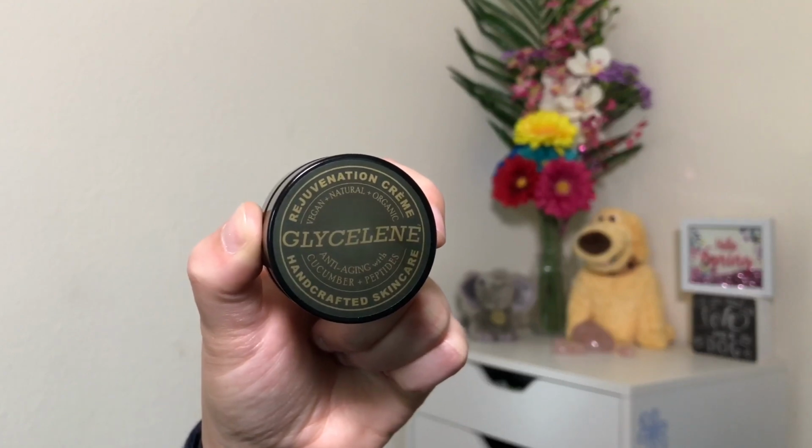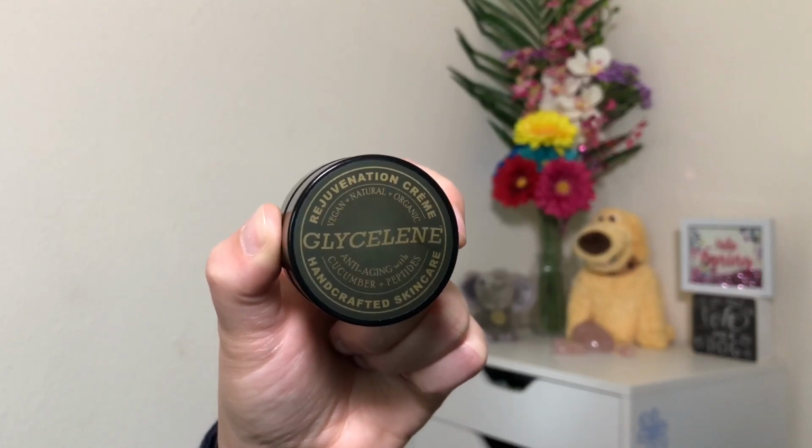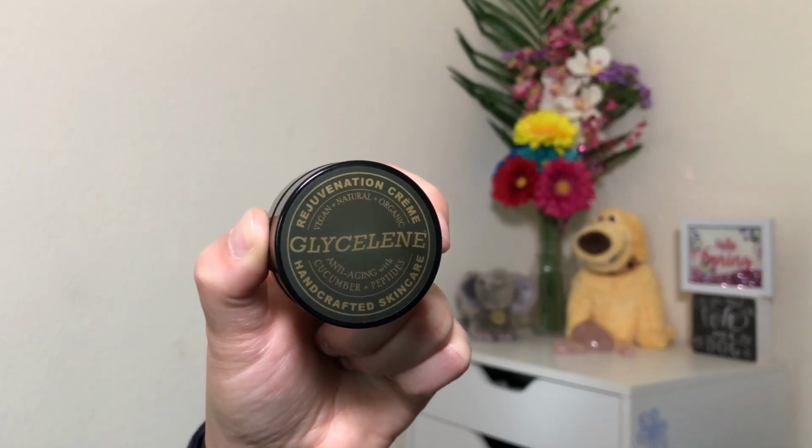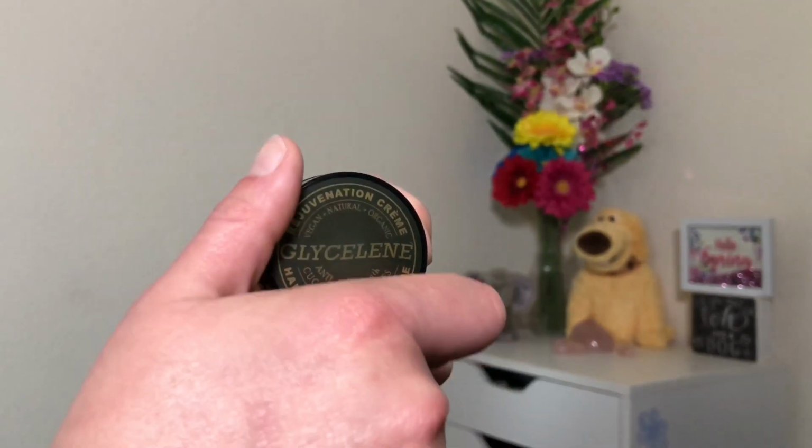The full size version, not this one, but a bigger size, it retails for $95. But again, if you apply for a professional discount, you can get a discount on that. It's 1.7 ounces, 50 milliliters, and it says formulated using skin plumping hyaluronic acid, firming peptides, and lipids that restore collagen and improve elasticity. This nourishing lightweight creme is carefully handcrafted using the highest quality organic botanicals such as orange